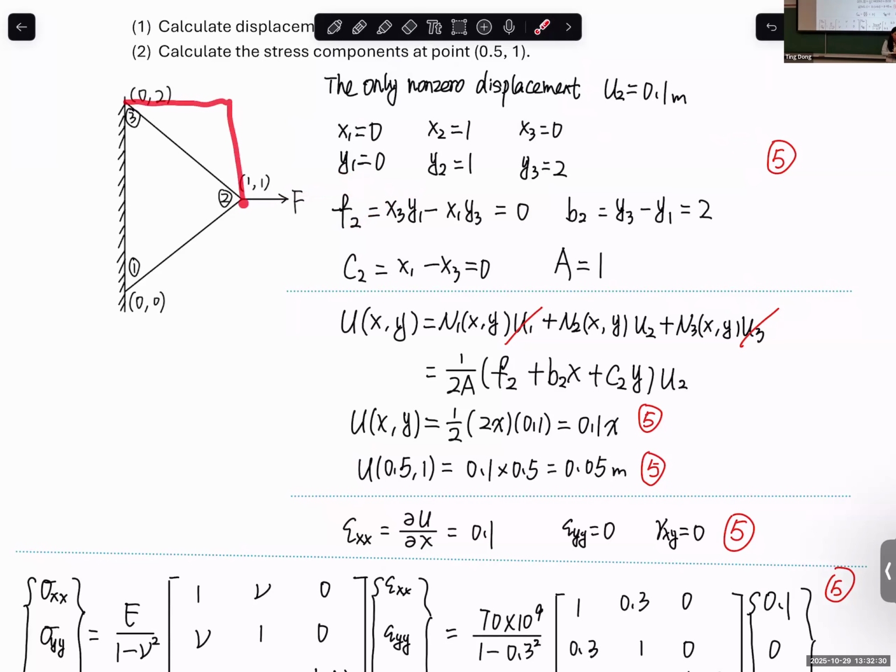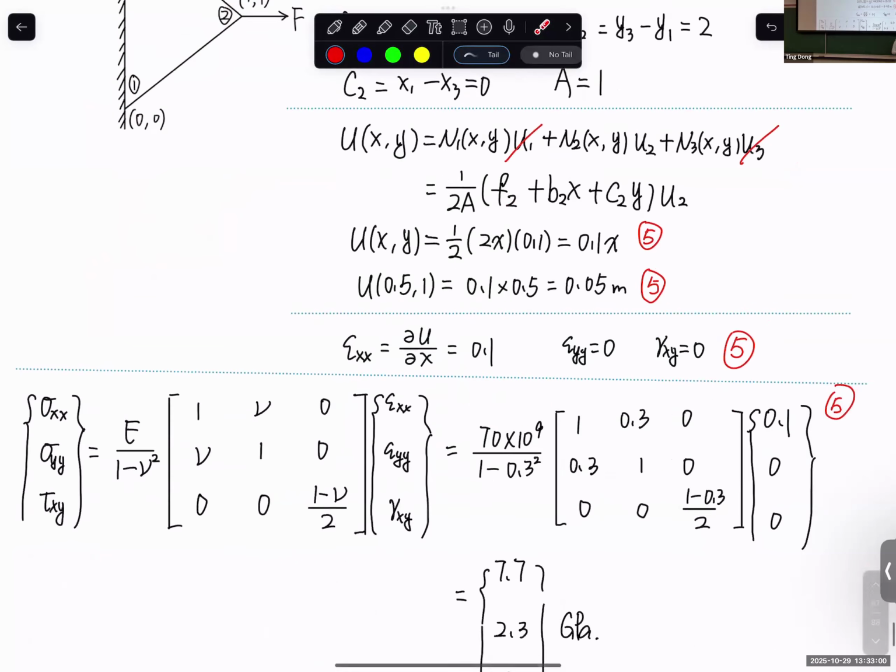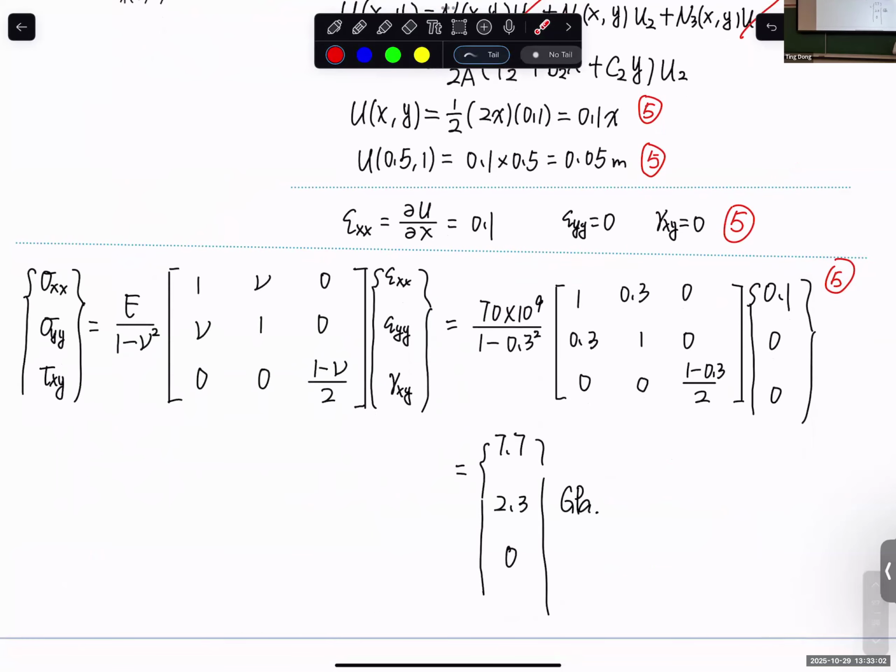Let's say first I change this to a rectangular shape and apply a tensile force, and I also change the boundary condition to one pin joint and one roller support. In that situation, it only has normal strain and stress in the x direction. The y direction should be 0. But now why is there stress in the y direction generated? Because